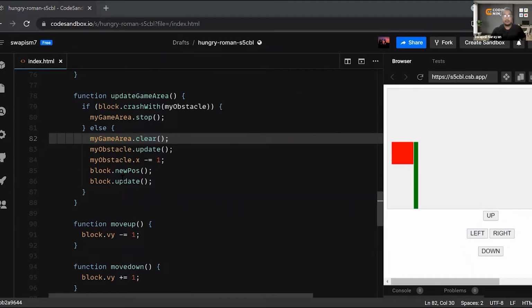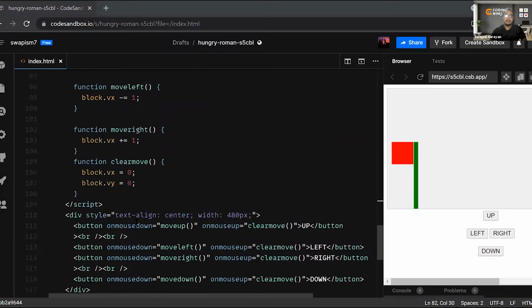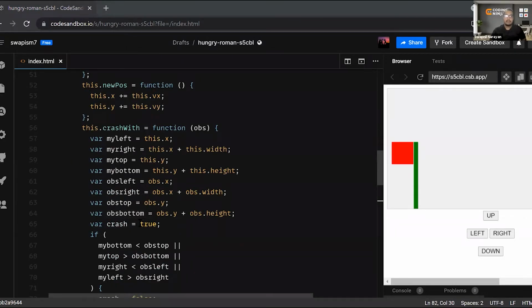So any doubt till now? Any of these functions, conditions, anything? If you have a doubt, tell me right now. I would be happy to take those doubts. Anyone? Any doubt?